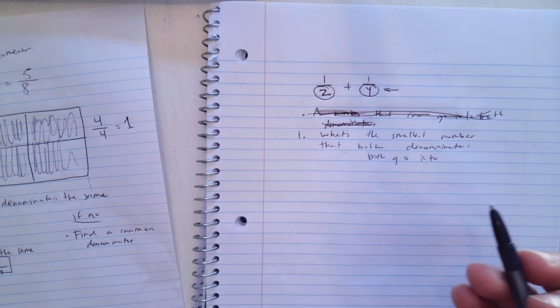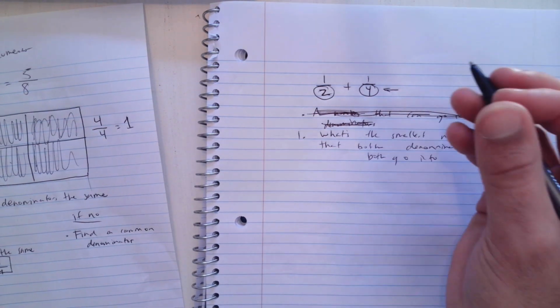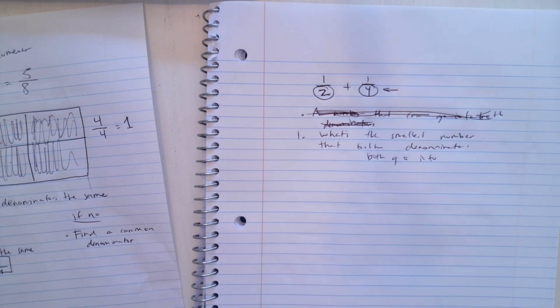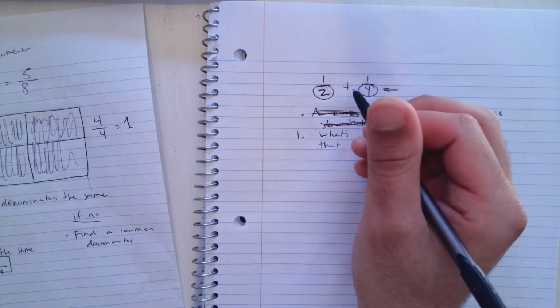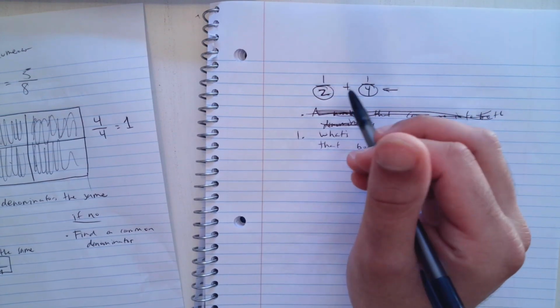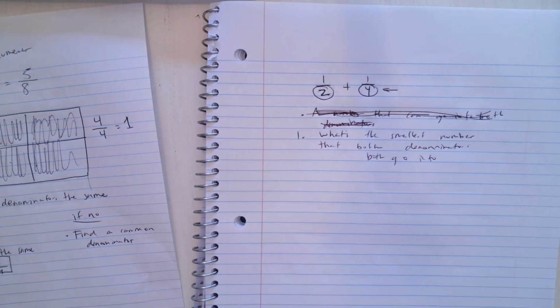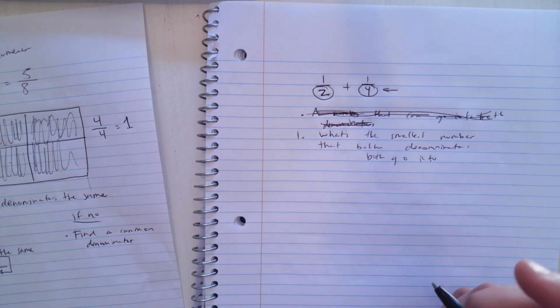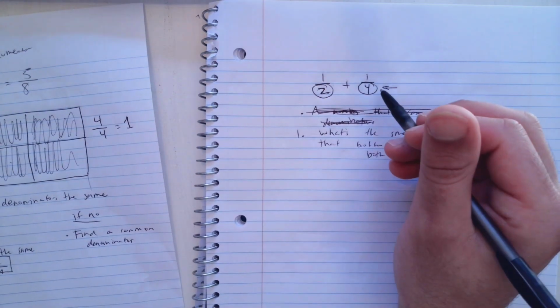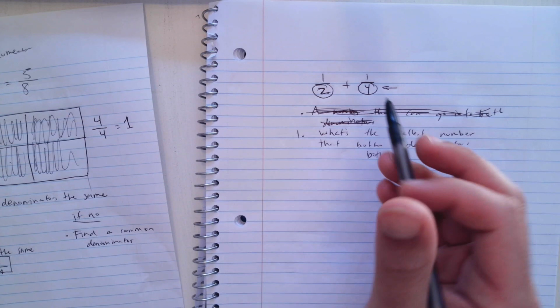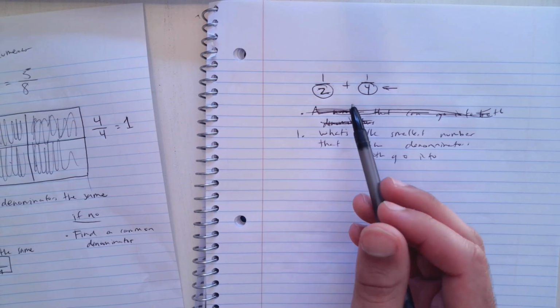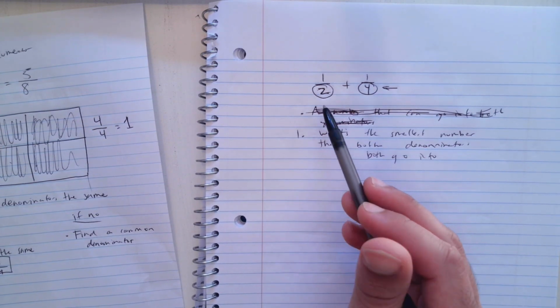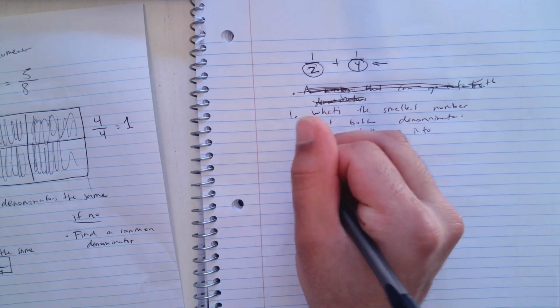But basically, I would say the easiest way to find a common denominator is to multiply the two denominators together. That's usually the easiest way to do it. Sometimes you can get a smaller denominator, but most of the time it works out really well. So the way we do that